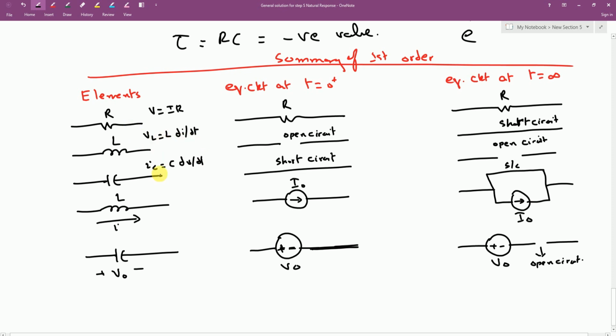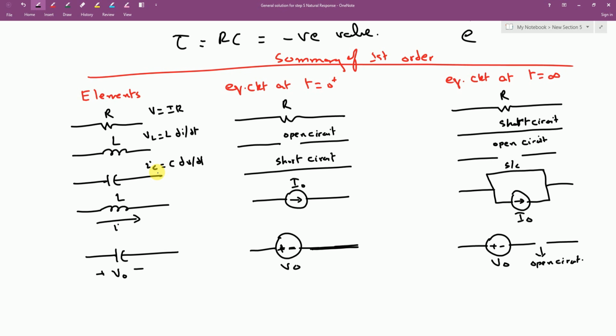Later, other equations can also be solved using the concept of these two equations, VL and IC. So the initial conditions in a given circuit are very much crucial to understand the behavior of a given circuit. A circuit may have different rising and falling slopes or falling exponentials if we have sequential switching happening in a given circuit, because sequential switching connects a circuit in different topologies, like we have seen in this particular lecture. Sequential switching is an important ingredient to understand the concept of first order circuits.